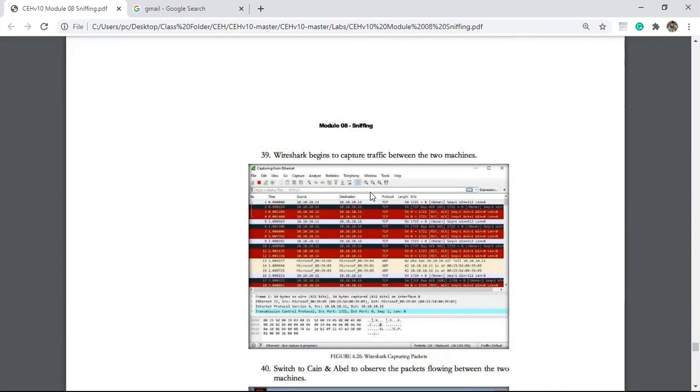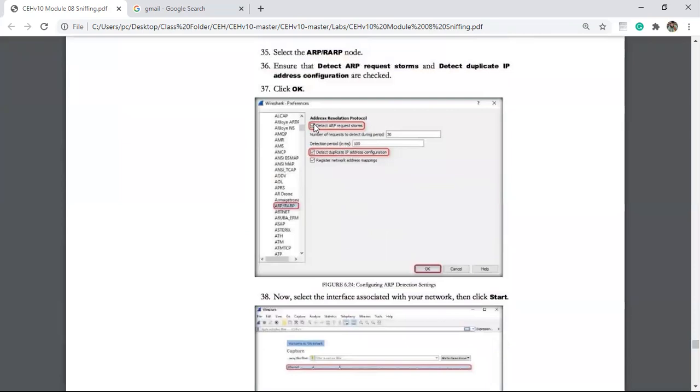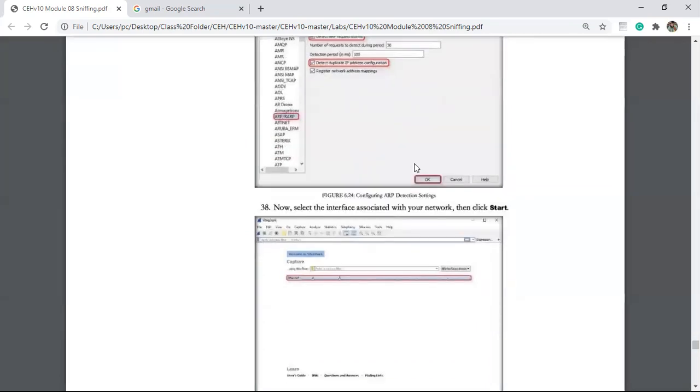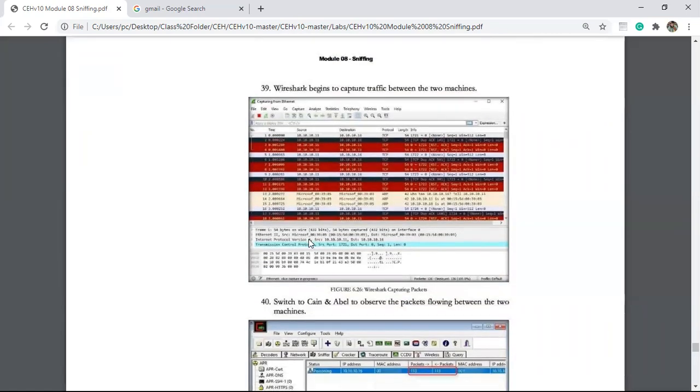Why do we use Kali Linux? Just to send demo traffic using the hping3 command. So using hping3, we are sending traffic to the particular machine so that Cain & Abel can return some data, and it must poison all that data using ARP poisoning. To verify whether it's being poisoned or not, we are using Wireshark. In Wireshark, we just configured our packet detection by selecting detection of ARP requests also. Click OK, and it will start scanning for the ARP poisoned packets, and we can see them here.